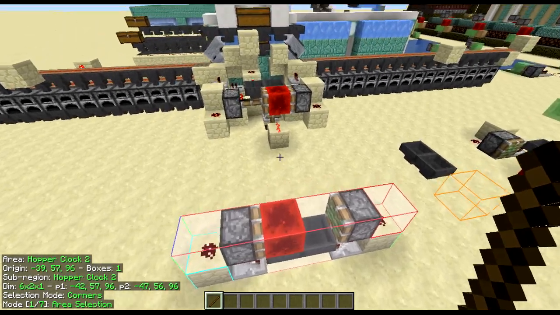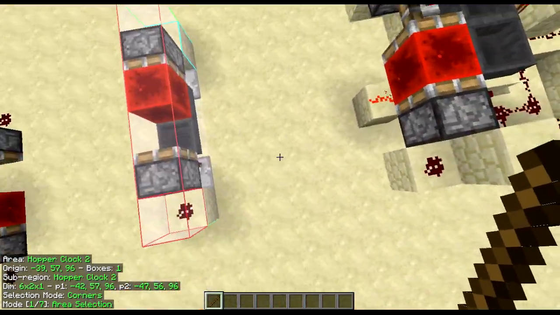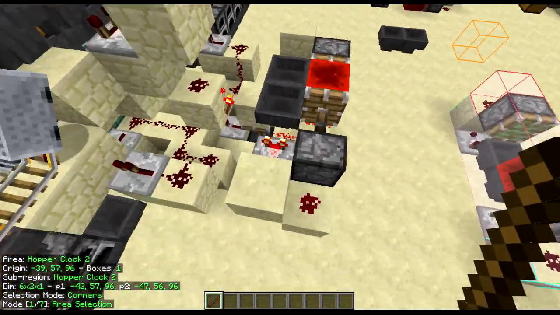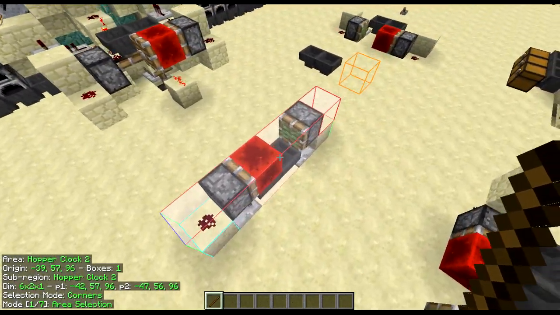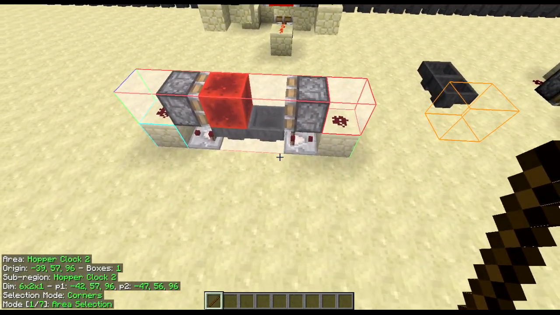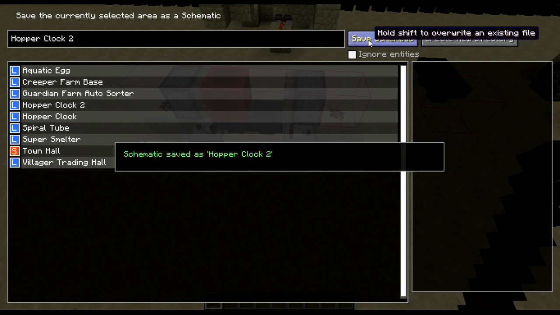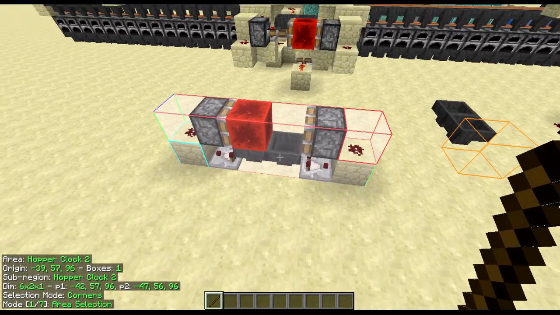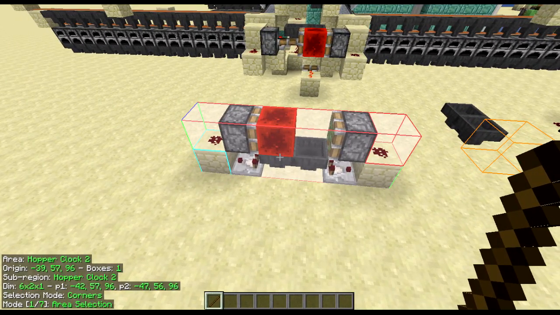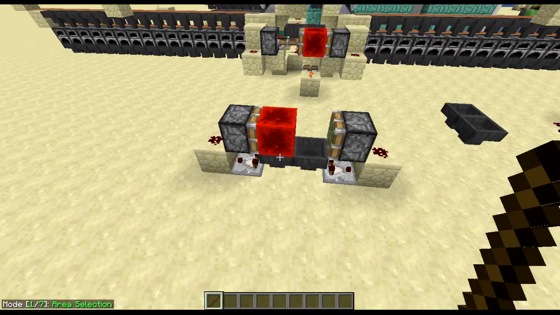At any point, if you want to make any more boxes or anything, you can do M and A again and create more. But for now, we're just going to stick with this. And then you're going to do Control and S to save it. Save schematic as whatever you want to call it. Exit out of there. And we're going to go back into M and S, remove that selection,